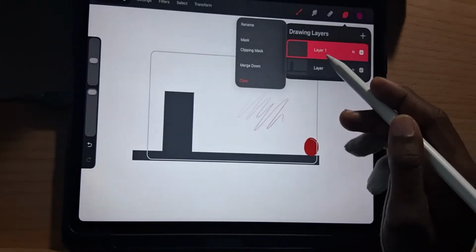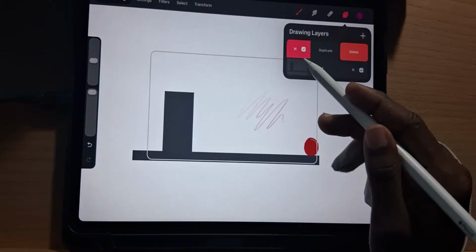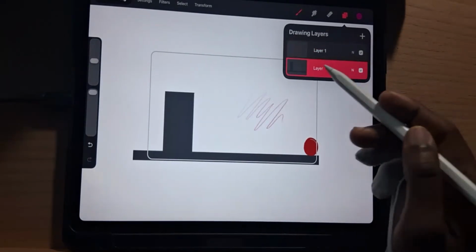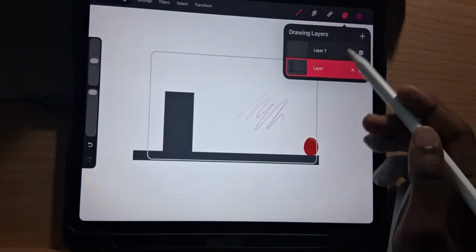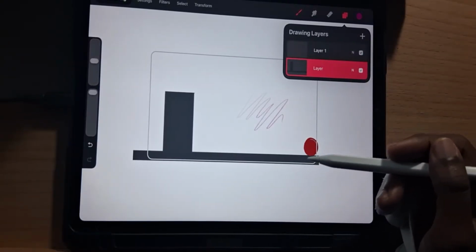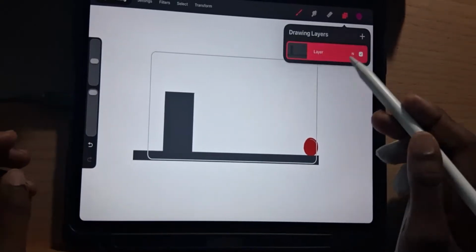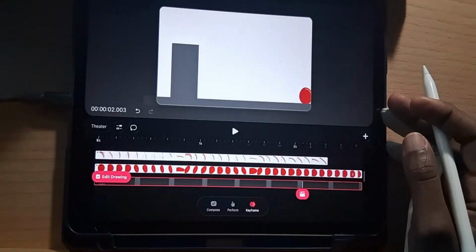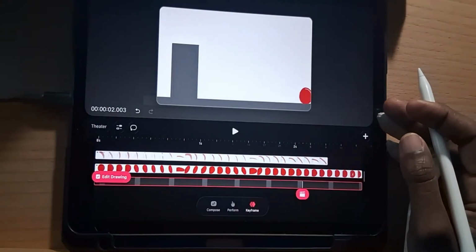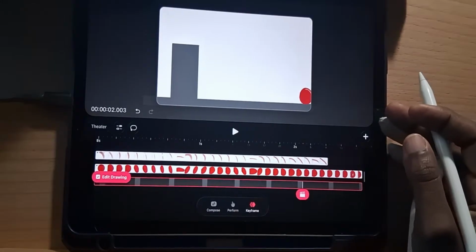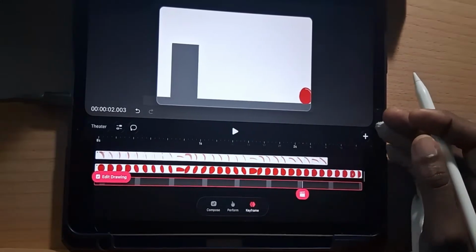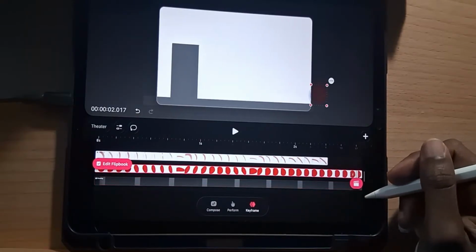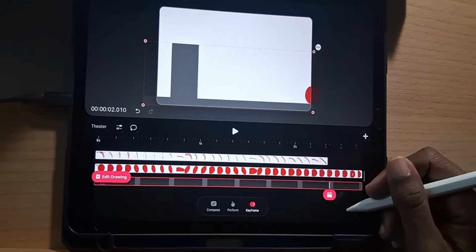And I wish they had that option so that you don't accidentally draw on a layer or a track that you don't want to draw on, or mess it up without meaning to, and then you're kind of screwed at that point. So I really do wish that the Procreate team would add either a feature to lock a track or lock layers